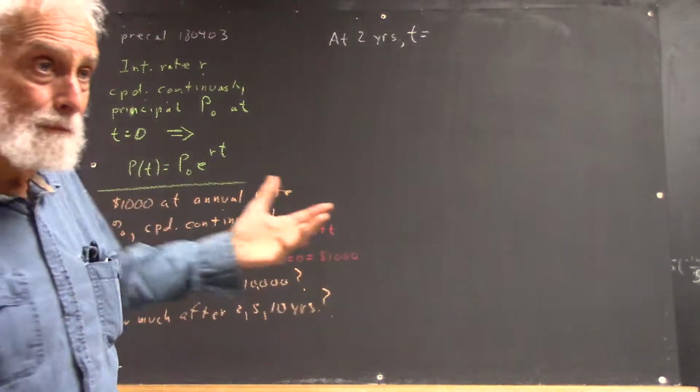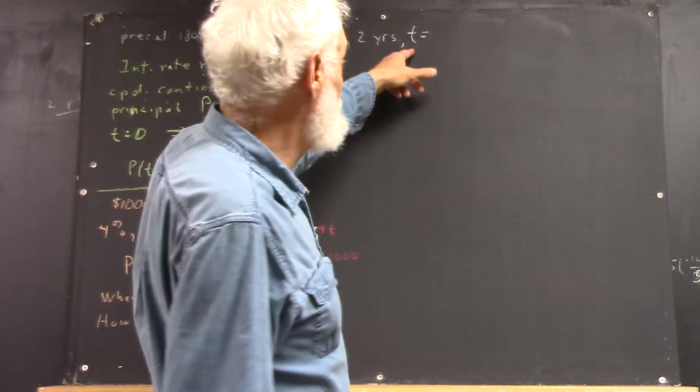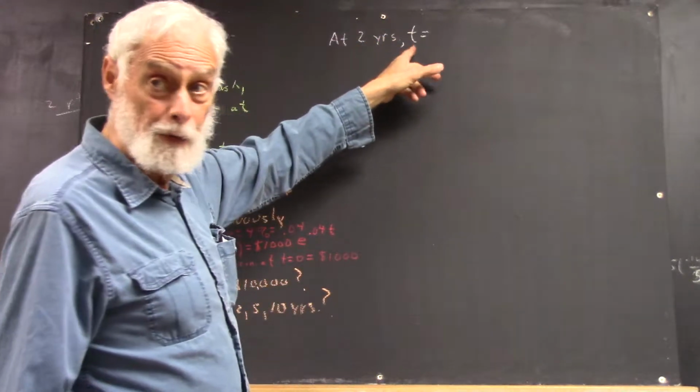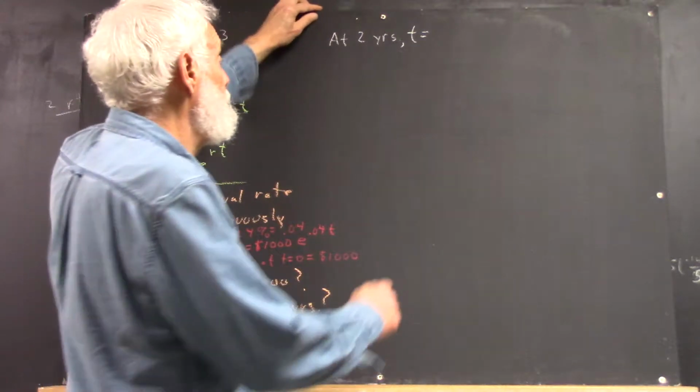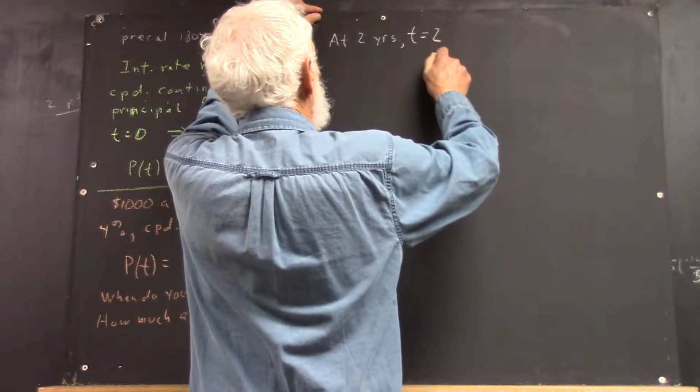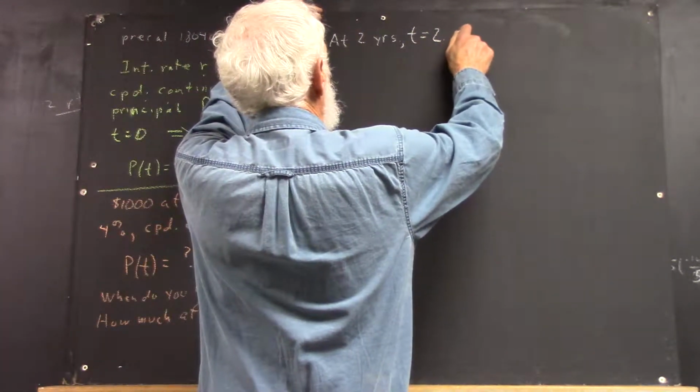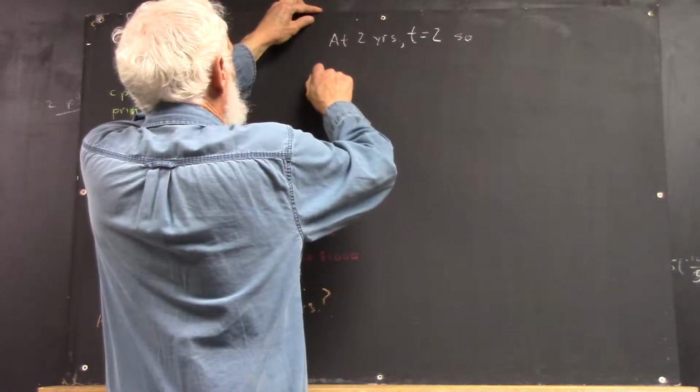Note, t is a time in years. It's not the number of times it's been compounded. It's the time in years, okay? So t equals 2. So the principal,